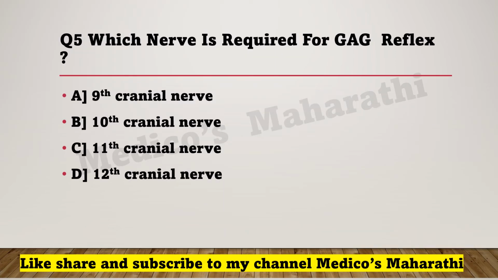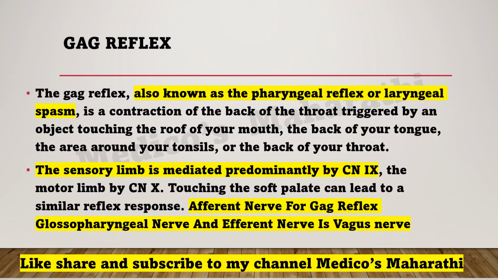So let's move to next question। Which nerve is required for gag reflex? You have to tell nerve which is required for gag reflex my dear friends। Nerve required for gag reflex is option number A, ninth cranial nerve, generally required for gag reflex। Let's see a little detail for this question। Here we go। Gag reflex, it is also known as pharyngeal reflex or laryngeal spasm।